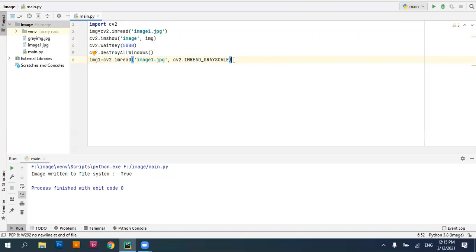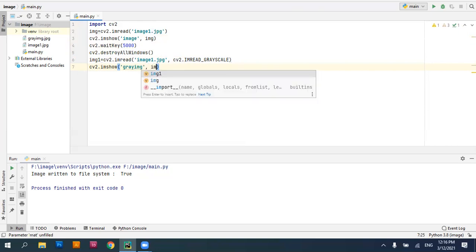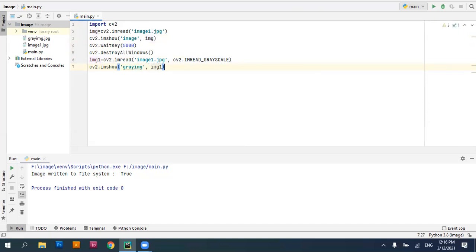And now I'll be displaying that grayscale image onto the image window. I'll use cv2, I have an inbuilt function to display my image window, that is imshow. Specify the window name. I'll be specifying the window name as gray image, followed by the variable name, img1 here, and sustain this grayscale image window for 5 seconds.